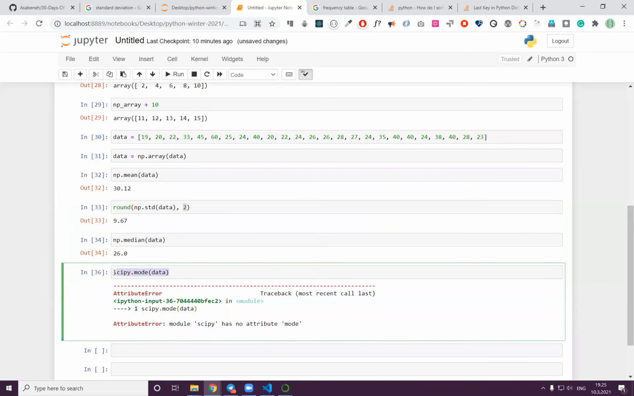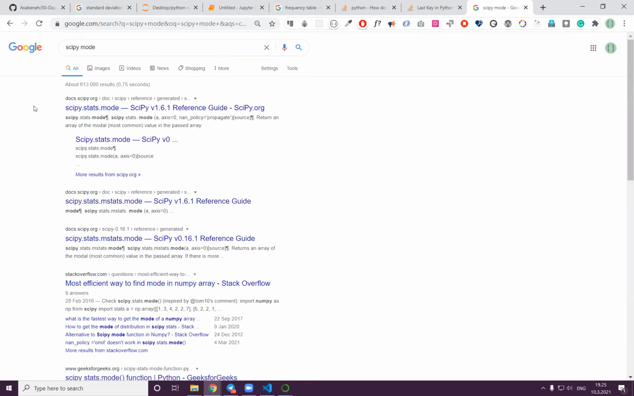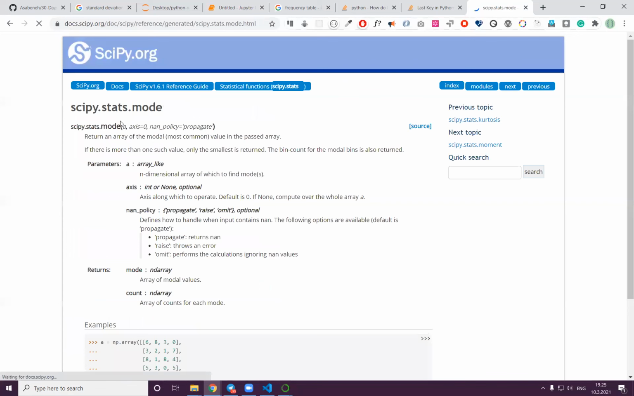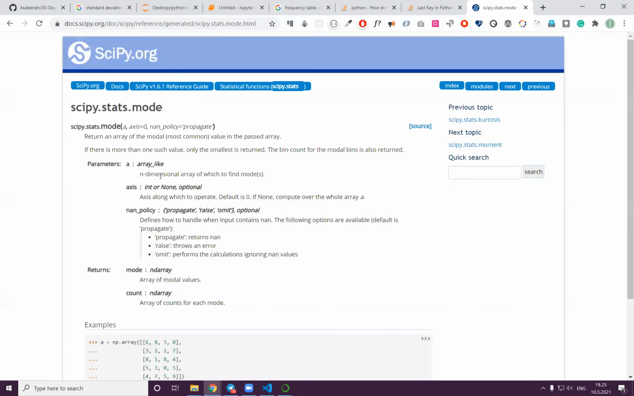Let me see what the mode is. SciPy mode. Sometimes it's good to come to the documentation, guys. So this is the documentation, for instance. Now I know I made a mistake. So because the reason why,